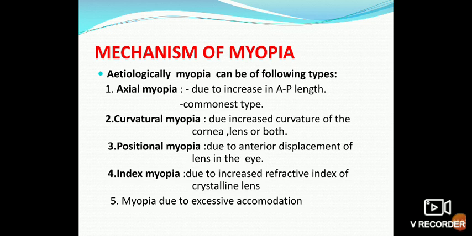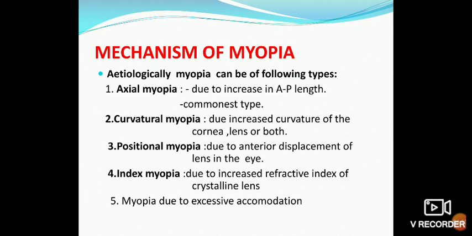Okay. So when will this occur, when the light rays will be focused in front of the retina? When either the refractive power or the total power of the eyeball is more, either due to a more curved cornea, a more curved lens, or if the cornea and lens are normal but the axial length is more. At this time, what will happen? The light rays will focus in front of the retina. So depending on this, myopia is categorized into different types, or the etiology of myopia can be of the following types.